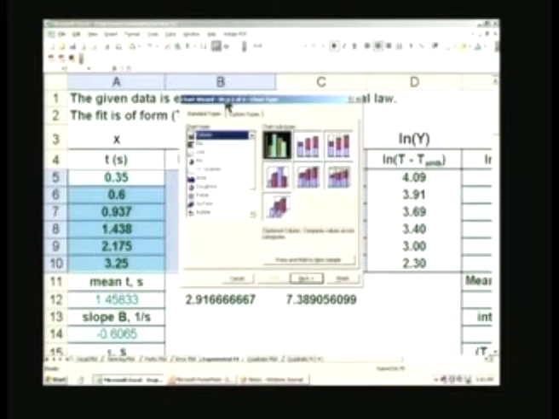That is the great advantage of the Excel environment, because you can give the data in the form of tables, put it in those cells, and then just by using this chart wizard I will be able to make a plot directly. For example, I will make a scatter plot.